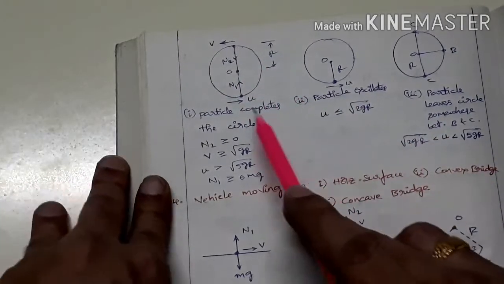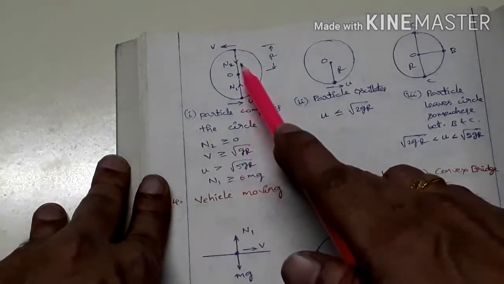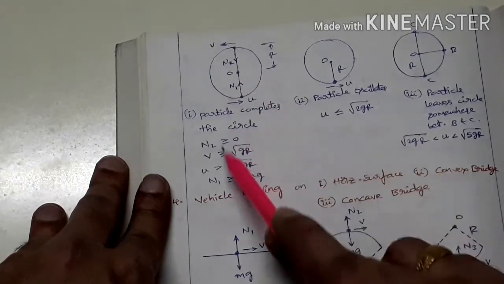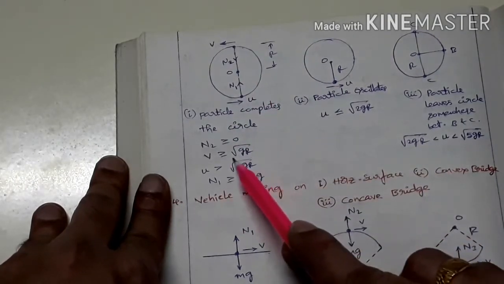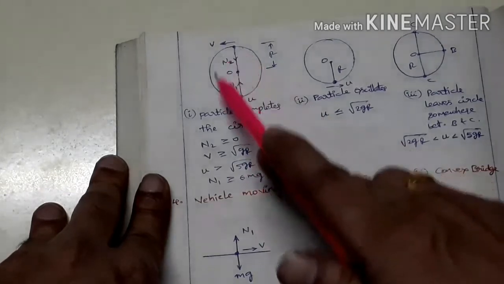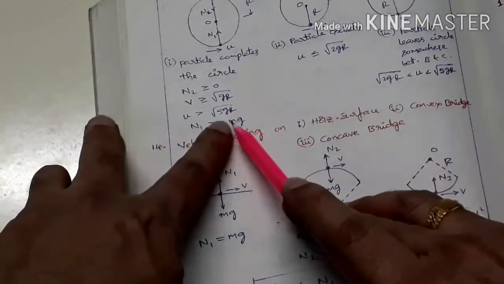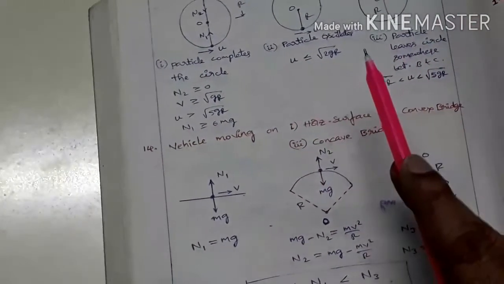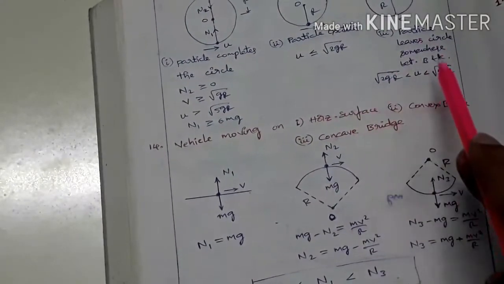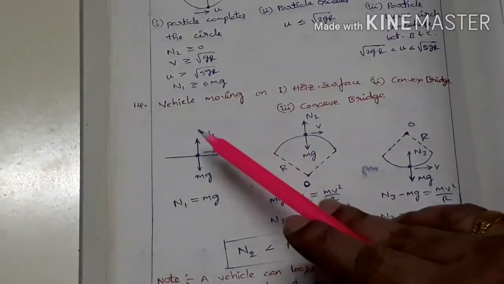So same equations here. For the particle to complete circular motion, N2 must be greater than or equal to 0. There, T at the highest point must be greater than or equal to 0. There, velocity at the highest point is root over gL. Here, velocity at the highest point is root over gR, because the radius of this spherical shell is capital R. And u must be greater than root 5gL there, and here it is root 5gR. See, everything is the same. In the place of T, we are just replacing with N here. Okay. Yes, next one, 14th one.